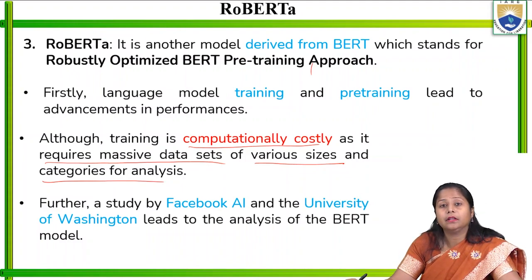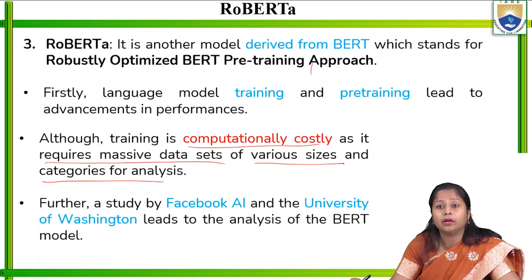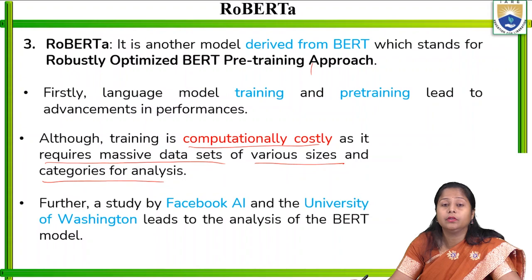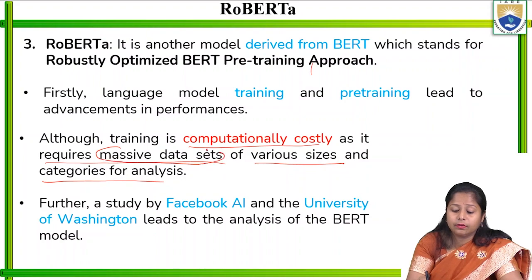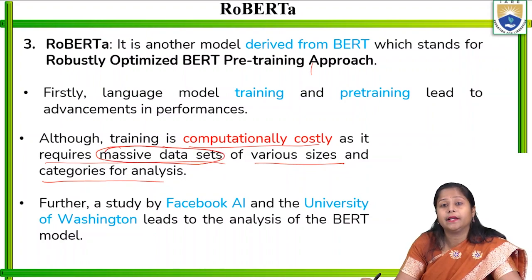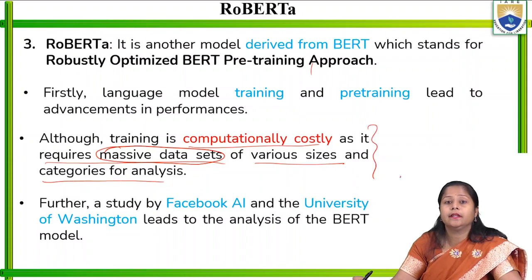Training this language model can be more costly. Why? Because it works on massive data sets of various sizes. It is given particular training sets, and according to that it gives the prediction of probability. So in that case, this RoBERTa model uses more resources to process those massive data sets, and we require different analyses and tasks using this RoBERTa model. So that is another additional disadvantage,